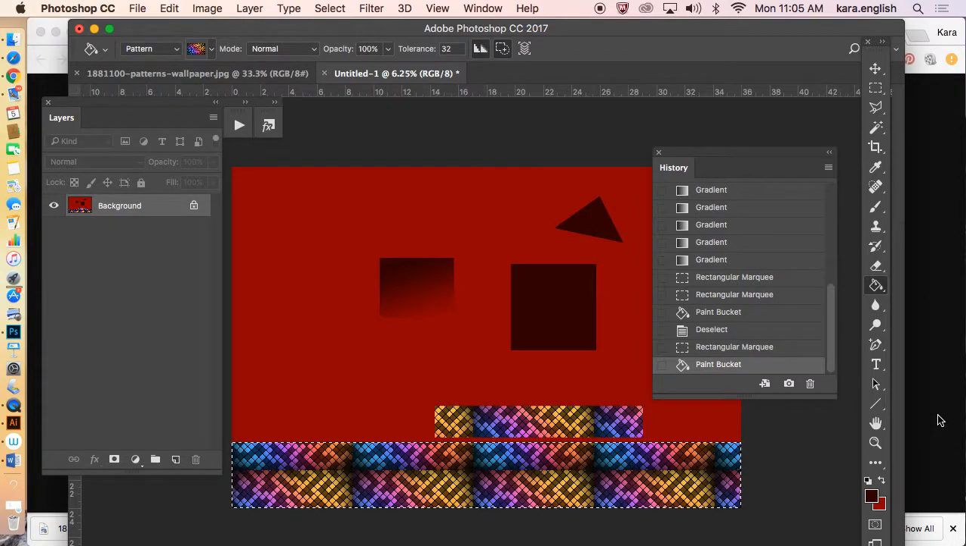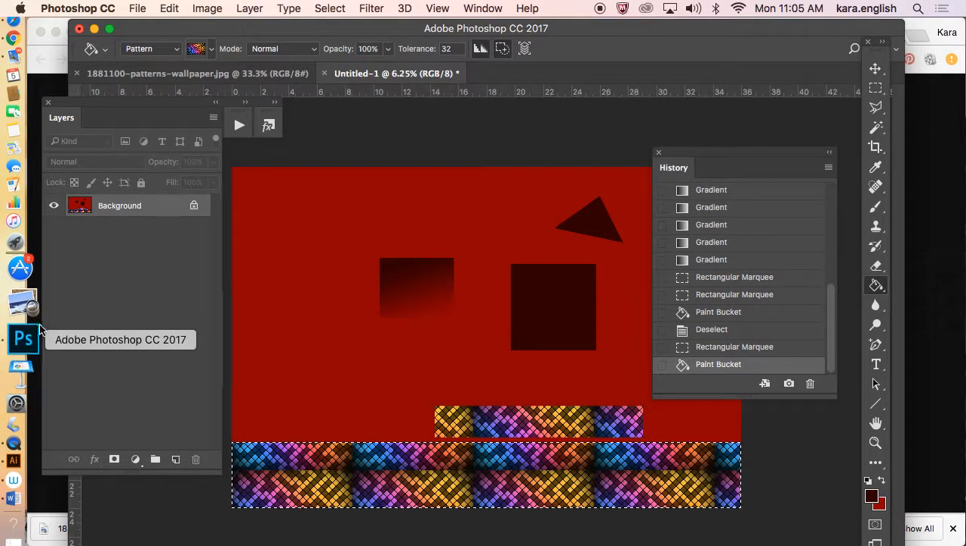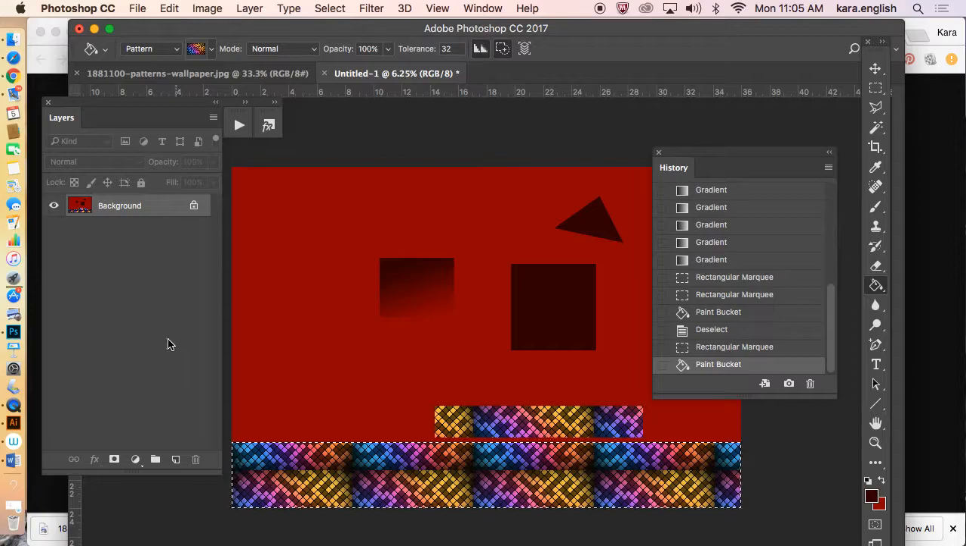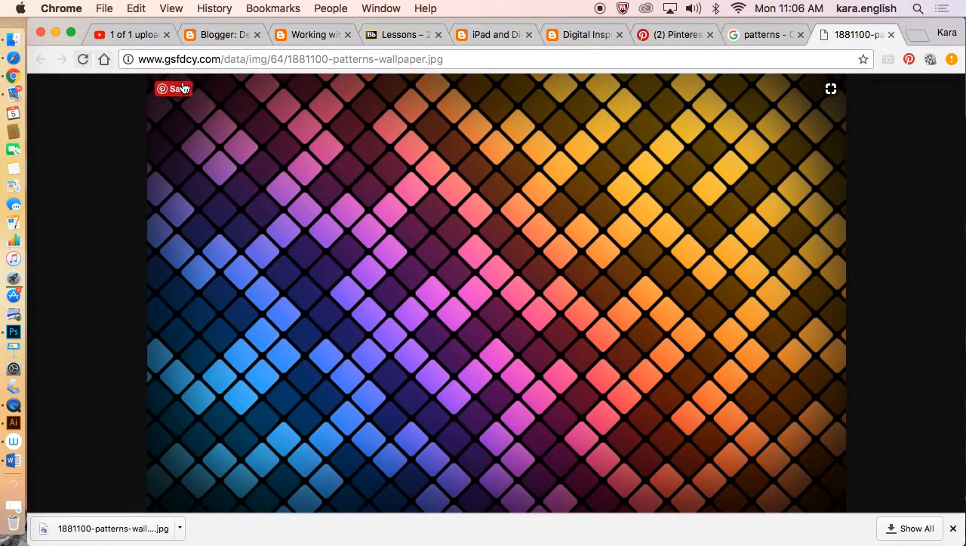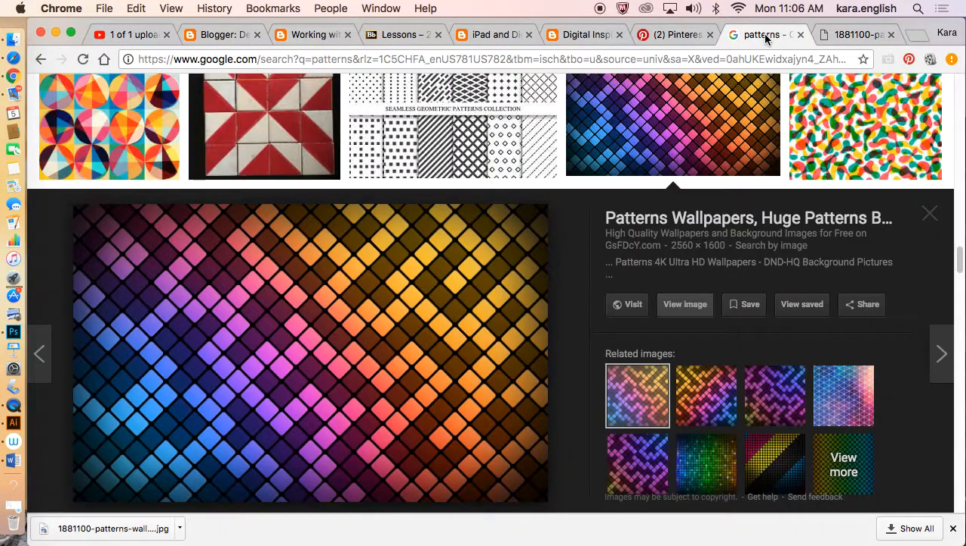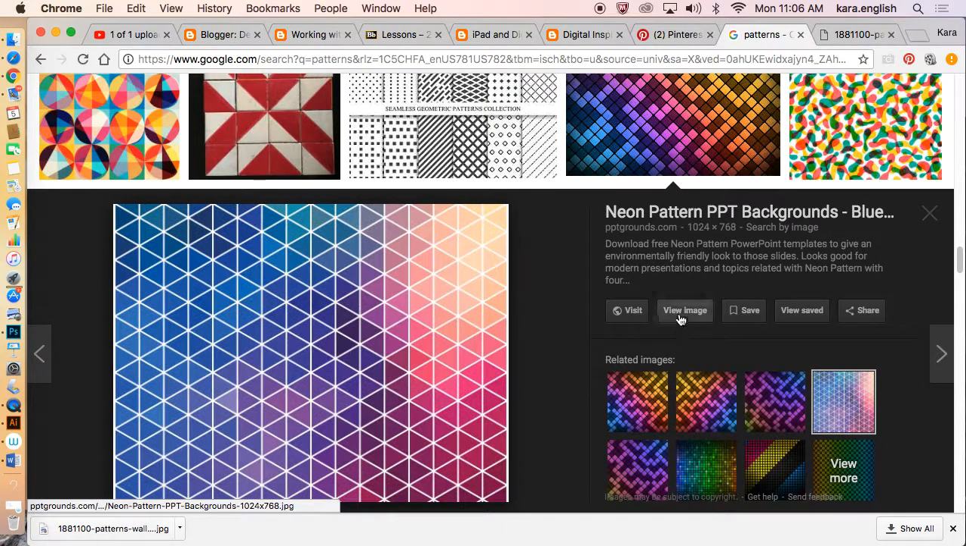And one of the things I want to teach you how to do is do seamless. But for this little video here, I want you to just save a variety of things, and then try pouring out your paint bucket, try pouring out some shapes. We'll go back then to our Google patterns here, and you can choose any one you want here. Go to the image and